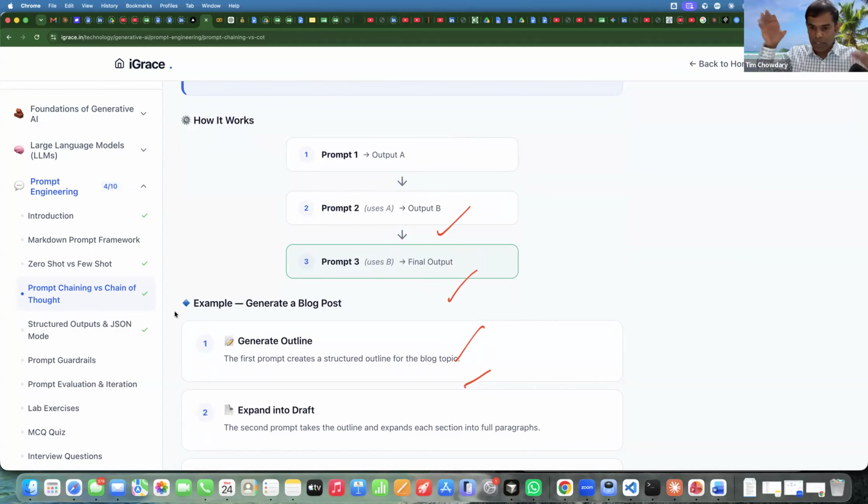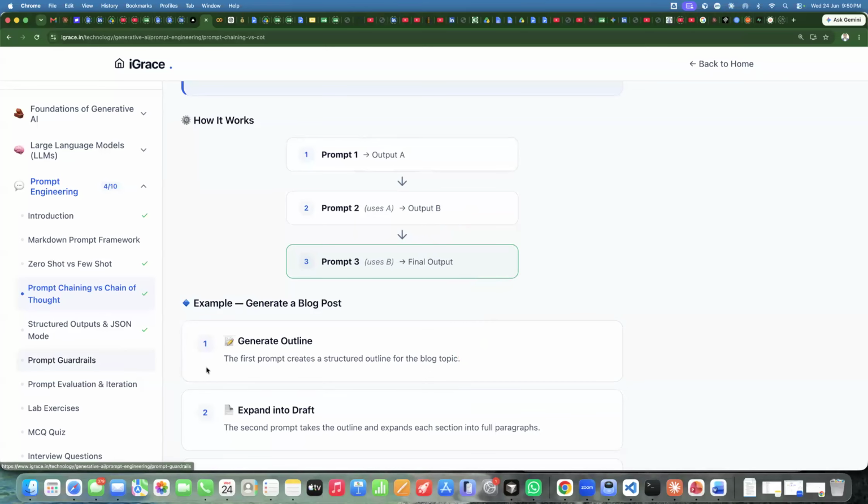See, different user prompts are there. We discussed zero shot prompting is one technique, one style, right? Few shot prompting is another style. Likewise, chain of thought is also another prompting style. Chain of thought and prompt chaining are two different things. They're not the same. Clear? Yeah. Thank you.